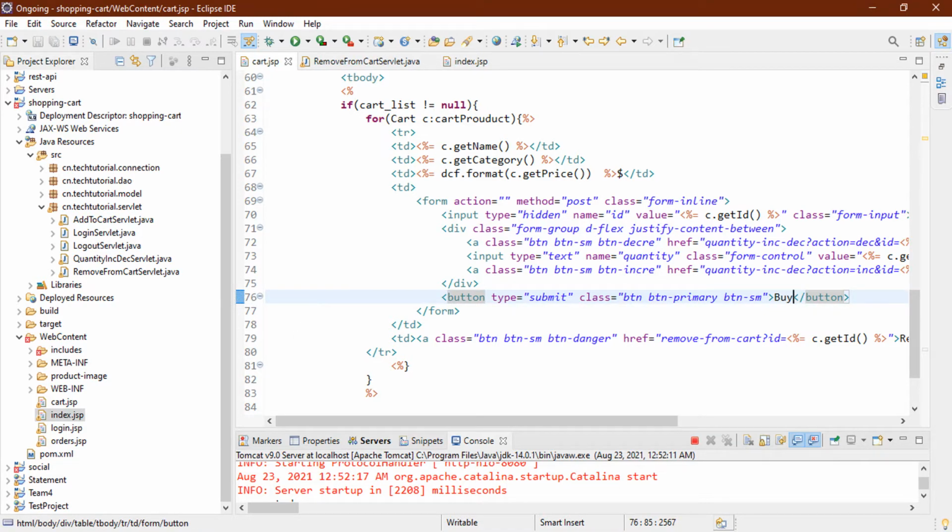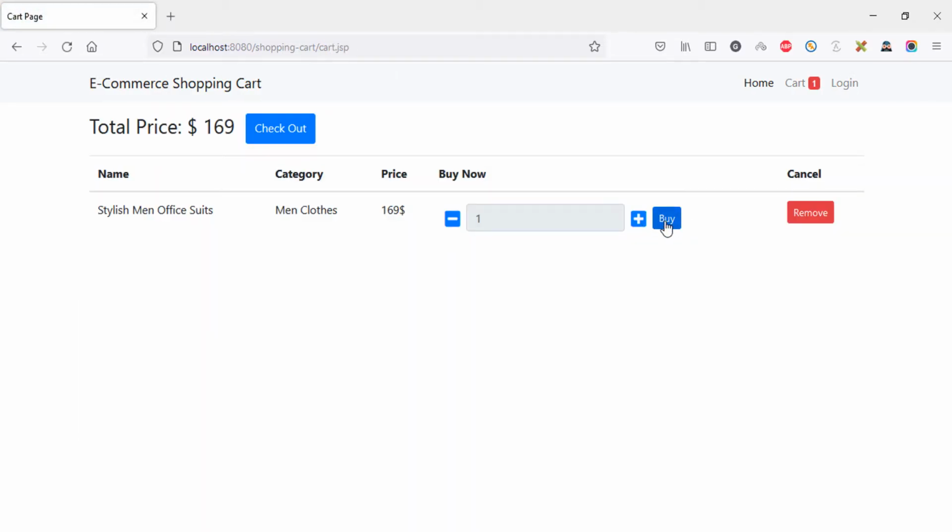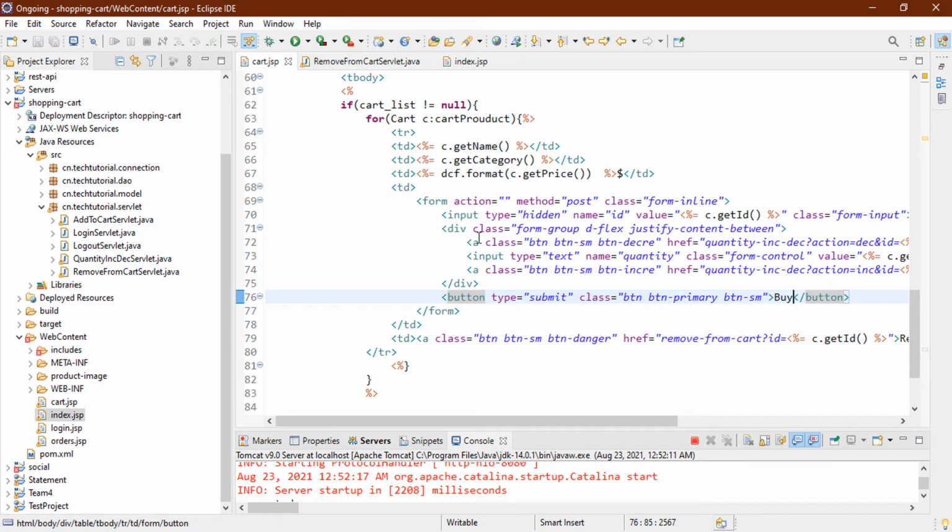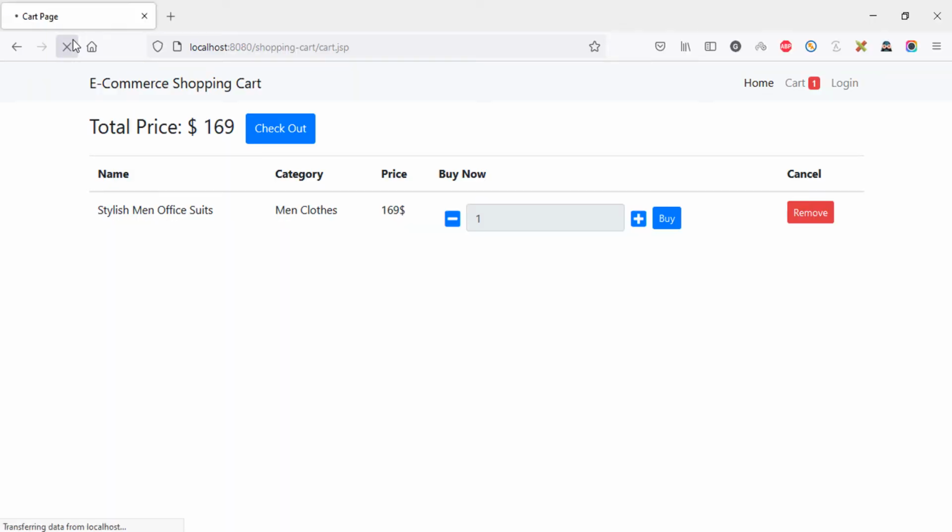Now let's go back to our browser and check it out. So we got our buy button here. You can see that the input field is bigger, so we can make it smaller if you want, or you can leave it as it looks right now. I'm going to make it a little smaller. First of all, in this div element I'm going to set the width to 50, and also for this input field I am going to set width 50. Okay, now it seems perfect, I think, but the design depends on you and how you can make things better. Okay, this is our buy now.